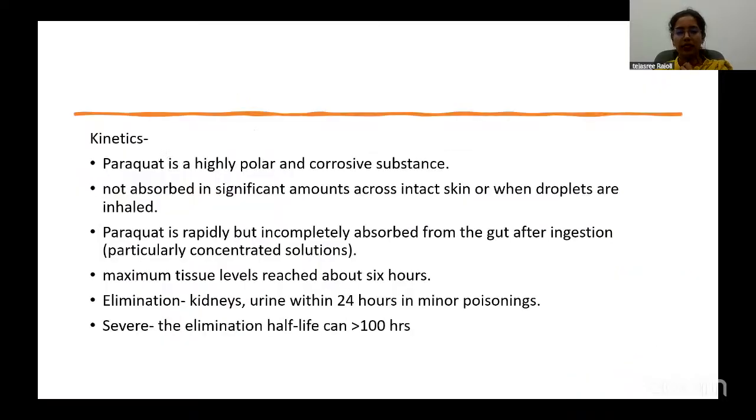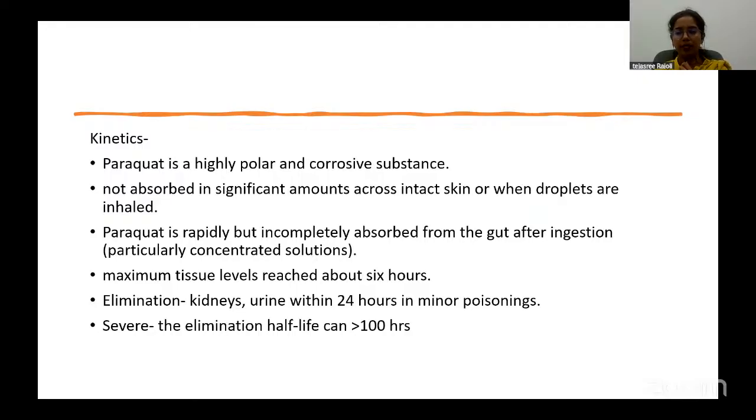When it comes to kinetics, it is a very polar and corrosive substance. It is not absorbed through intact skin or droplets because it cannot cross the lipid membrane. It has to be absorbed through the stomach, but even in the stomach, the absorption is incomplete. Usually, the absorbed paraquat reaches a very high concentration. To reach the maximum tissue levels, it takes 6 hours, and elimination is usually within 24 hours in very